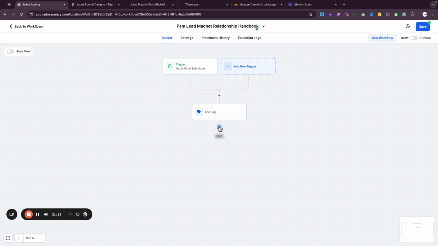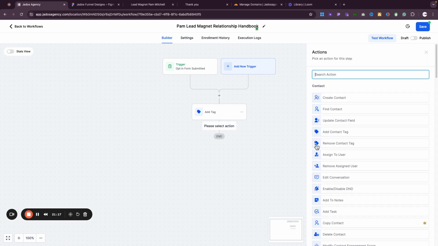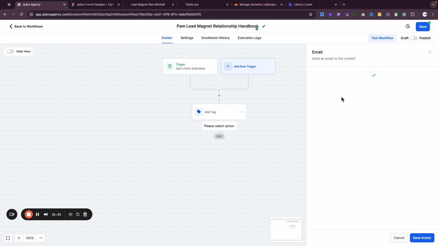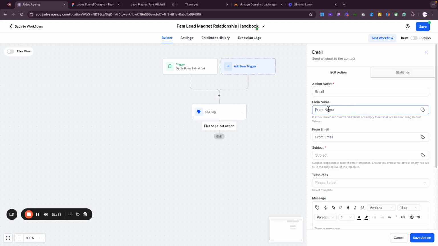And then once they've submitted the form, they've opted in, and we've tagged the customers, we then send them an email. So that's send email. We want it to be sent from, in our case, Pam Mitchell. Here you put your from email. If you don't put any email, it will use the email that's associated with your account.